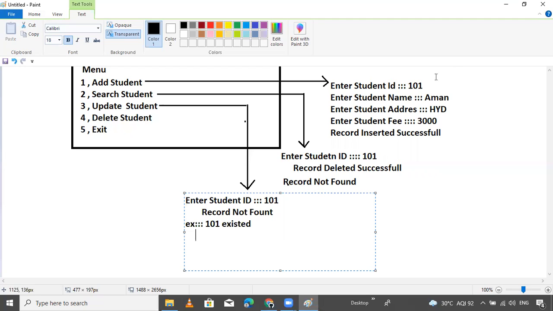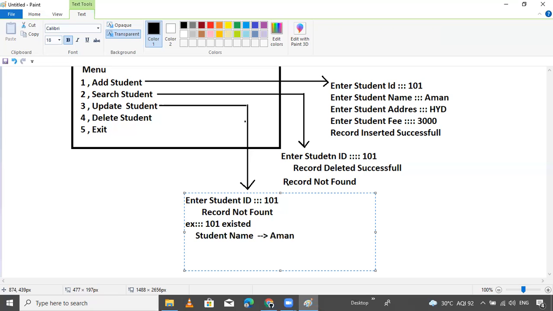It also shows the previous data. The old student name, which is the student name before the update. Student name is Aman.